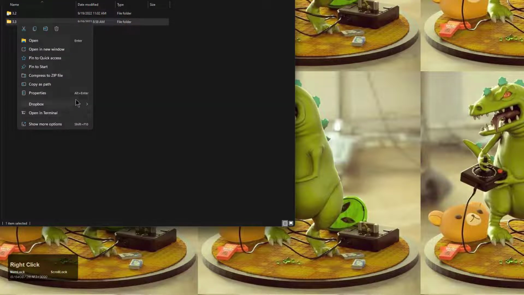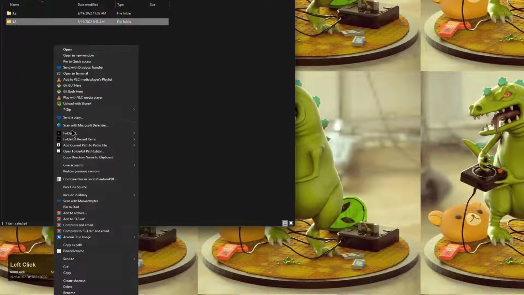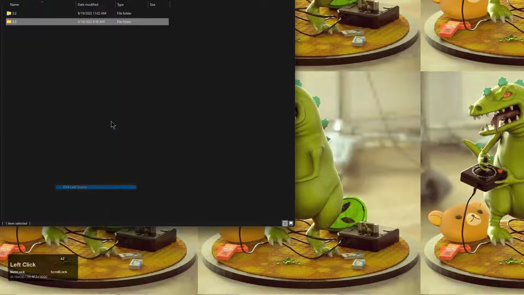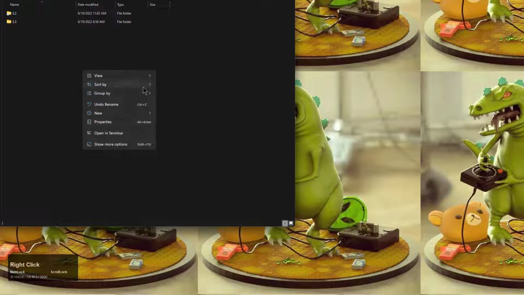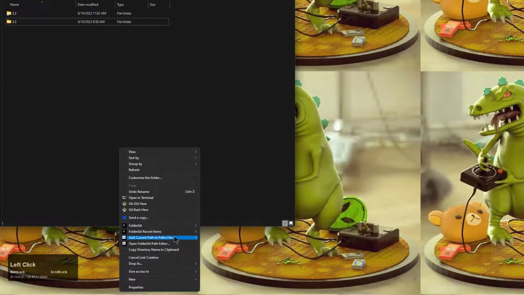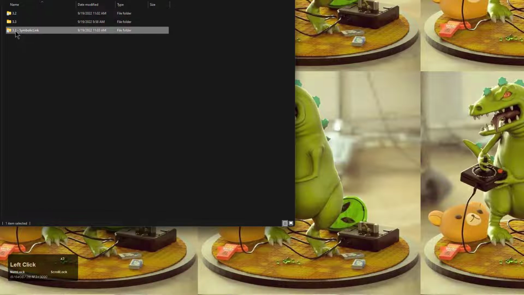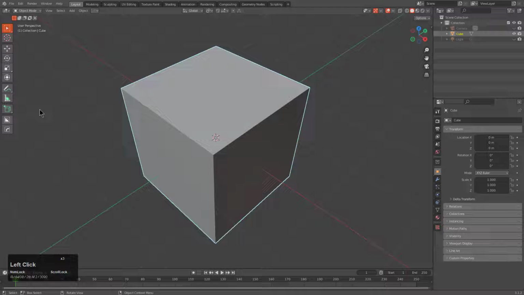However, I'm going to do it again. I'm just going to go to show more options, and we are going to pick our link source, and so many clicks just to do this, and we'll drop it as a symbolic link as well, and we'll just set this one up to basically represent Blender 3.1. And now I will go down to Blender 3.1.2, and we'll open it up, and we see that Blender 3.1.2 is using the exact same configuration and add-ons as Blender 3.0,